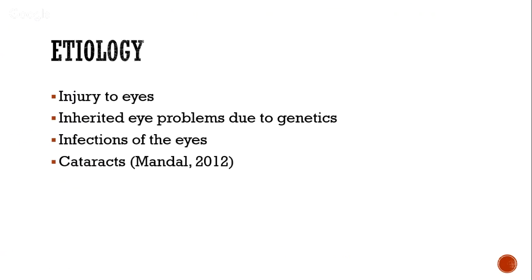So first off, the etiology or the causes of visual impairments. There's a few. One is injury to eyes. Another pretty common one is genetic problems. So they inherited something that causes their vision to not be as in the normal range. Additionally, there can be infections of the eyes and cataracts, and those are all ways that visual impairment can be